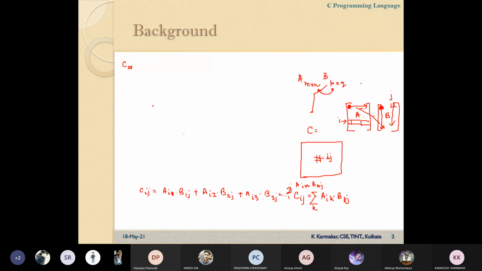If I want to calculate this element, basically the ith row, jth column, the element at position Cij, it's generic, so the ith row will be multiplied with the jth column. The first element of the ith row, ai0, is multiplied by the first element of the jth column, which is b0j.